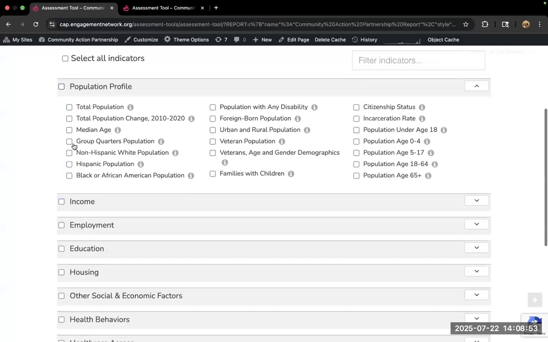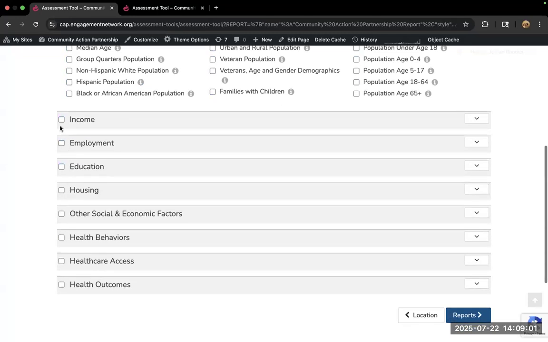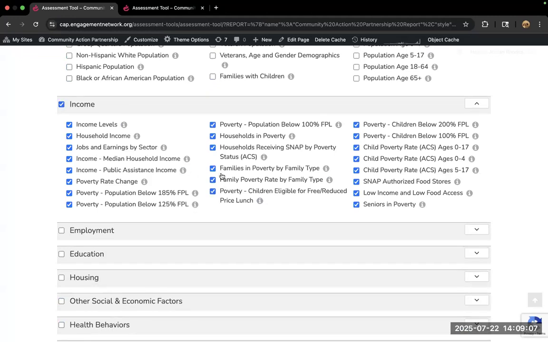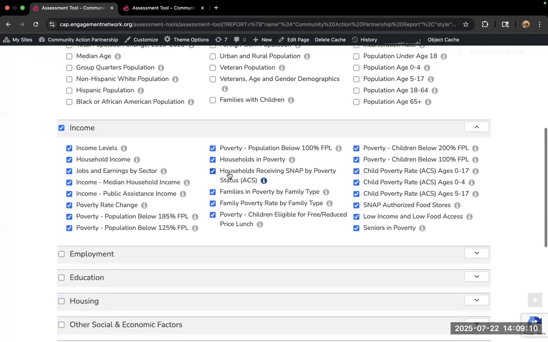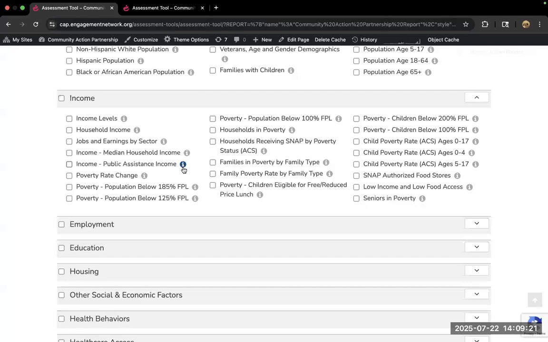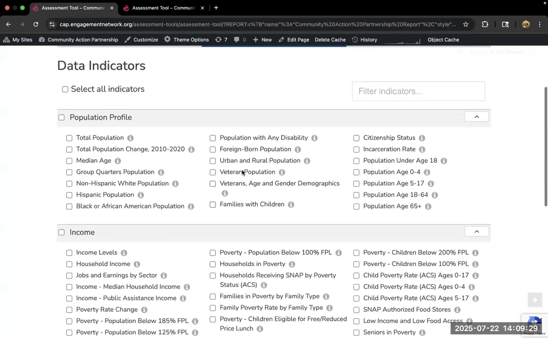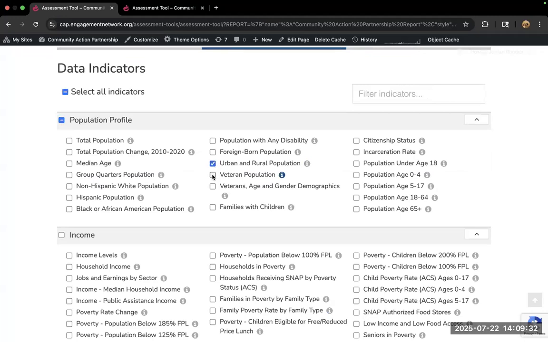We can also select, let's say we want all of the population profile or demographic data we've got, or say all of the income data we've got, we can click that checkbox, and all of those data indicators are going to be added. Now, I should say we do not have time, of course, to go through each and every one of these indicators because that would be a lot of talking and probably not too interesting. But I really encourage you all to get in here and explore your indicator list because it is a treasure trove.